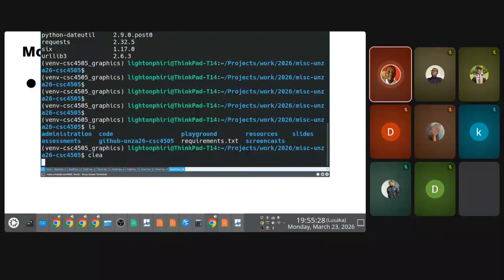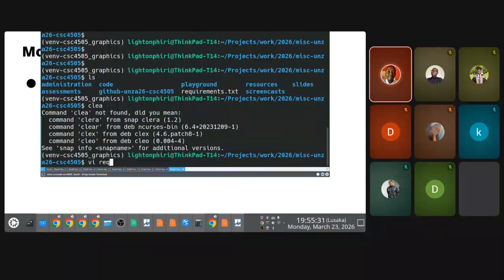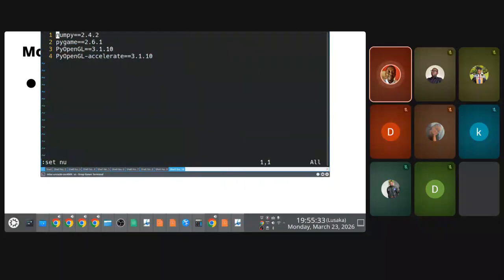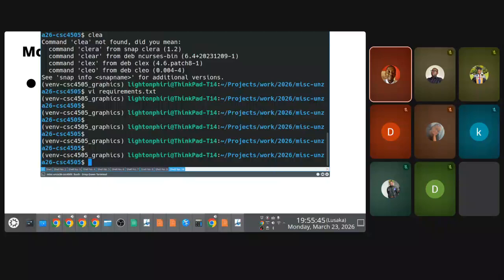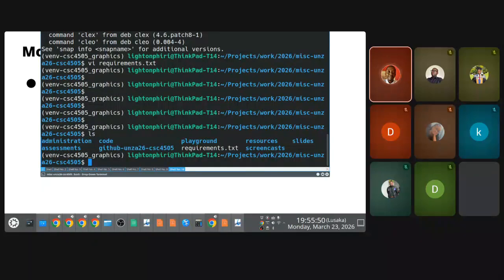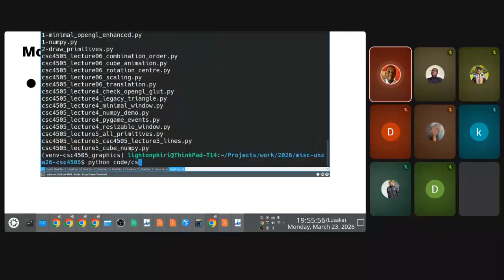In essence, what we do in this course is the requirements file is this. These are the packages we use, really. So NumPy, Pygame, PyOpenGL, and PyOpenGL Accelerate, which is used implicitly by PyOpenGL. Right? And the way we use these libraries is we have installed Pygame, PyOpenGL, so much so that when we are looking at running or creating a computer program, it may not be complex here, but